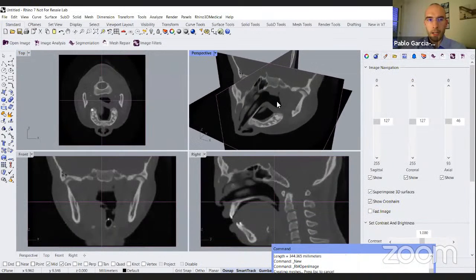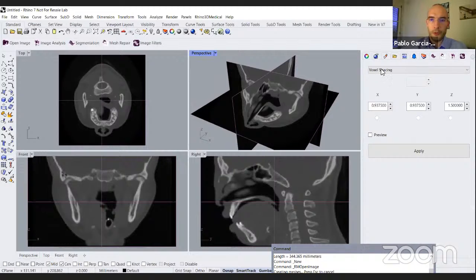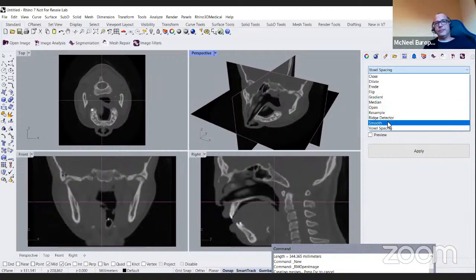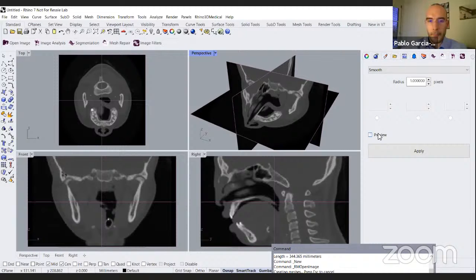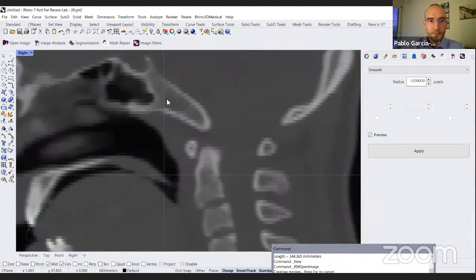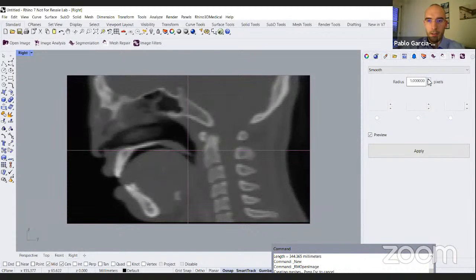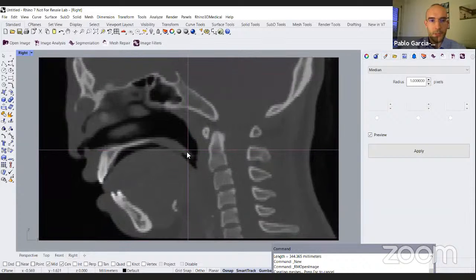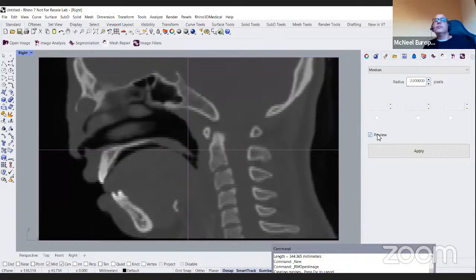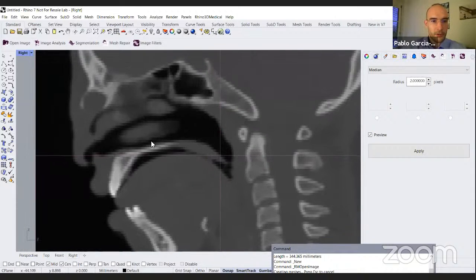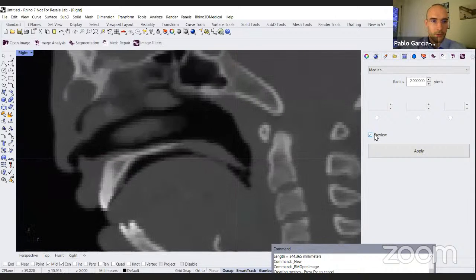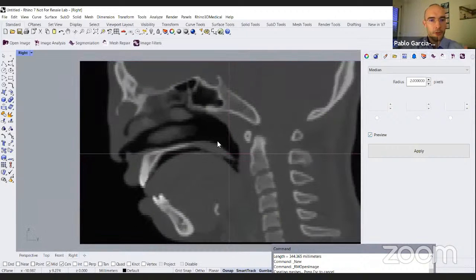Yes, so here I have a quick example of a phase where you go to image filters, and you can go to a smoothing filter where you can increase the strength of this filter. This is too strong, but you could go to a median filter, for example, to make the image a bit smoother. Maybe it's a bit difficult for you to see, but if you click on preview, it removes a bit of the noise of the image,